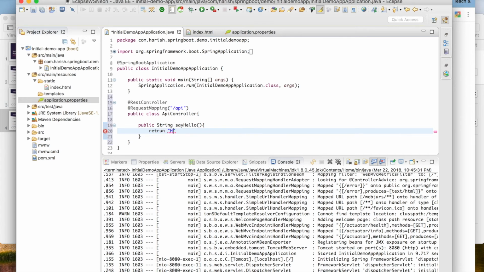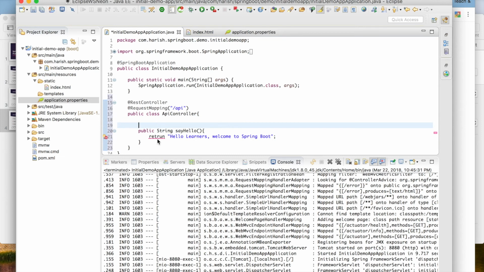So it will say hello learners, welcome to Spring Boot. And to make it work, we have to annotate this also. It is giving an error, not rerun, it's return, spelling mistake. Okay, so we have to annotate this method also with a GetMapping,